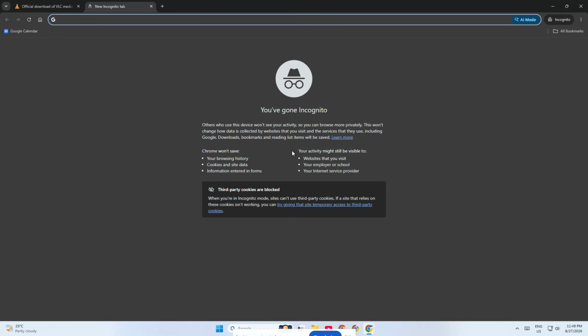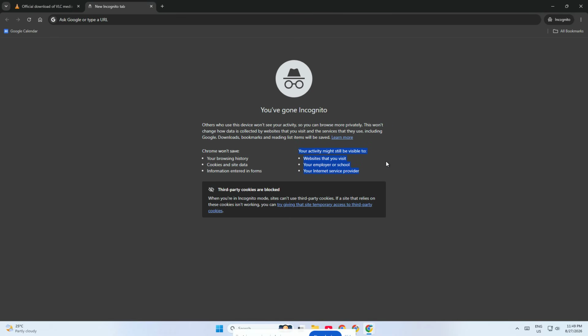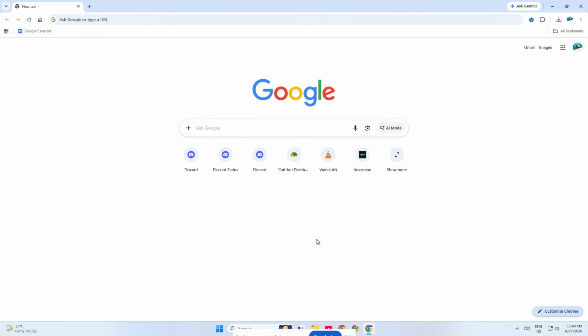Now let's go over how to close Incognito mode correctly. To end the session, simply close all open Incognito windows by clicking the X in the top corner of the browser window. If you have more than one Incognito window open, make sure you close every single one. Once all Incognito windows are closed, Chrome will clear the local session data from that private browsing session. That's why it's a good idea to close the window when you're done, especially if you're on a shared computer